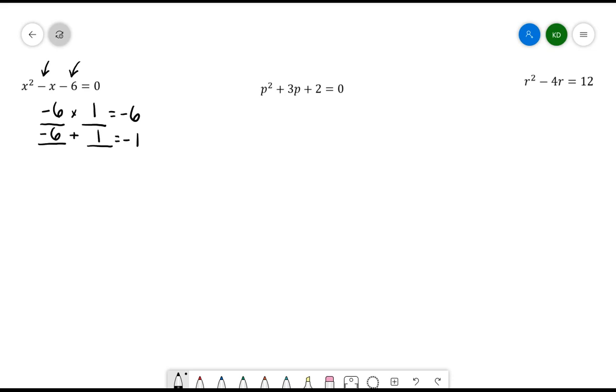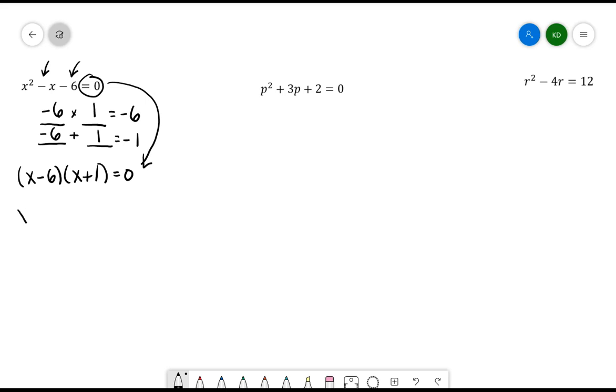Because this is a trinomial where the a value is equal to 1, I can immediately go to my factors. My first factor is going to be x minus 6. My second factor is going to be x plus 1. And this is still equal to 0. It's really important that if you have this equals 0, you keep pulling that down as you are solving the equation. The next thing that we're going to do is take each factor and set that equal to 0